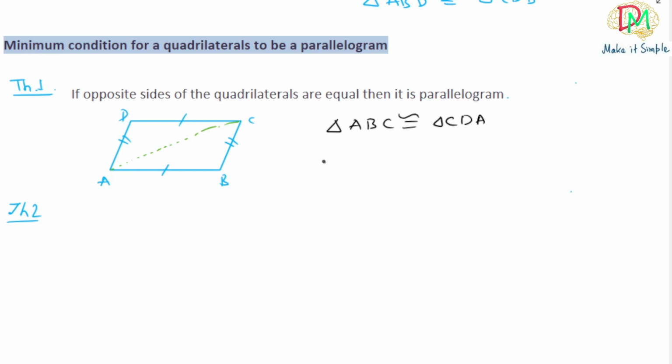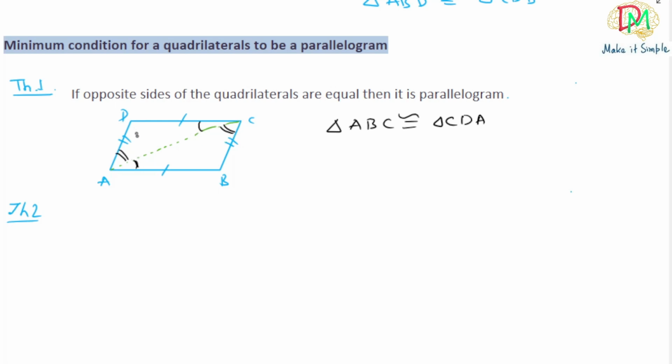From here, alternate interior angles with the transversal AC, so we can say that AB parallel to DC. Or also, if this angle is equal to this angle, so this is alternate interior angles and AC the transversal, so we can say AD parallel to BC. So we can prove that from the congruency and CPCT